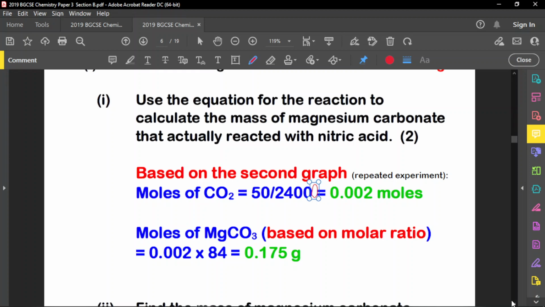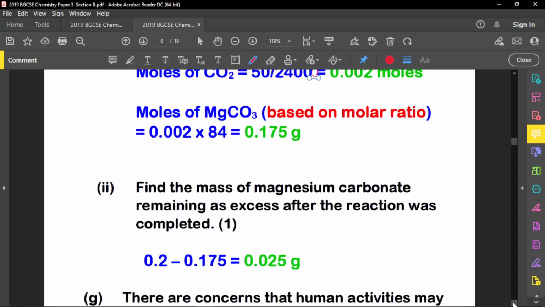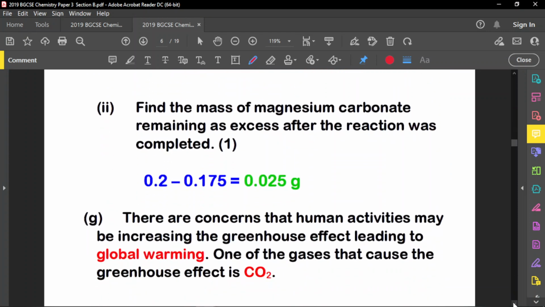All right, so now let's go to the next part of the question, which is to find the mass of magnesium carbonate remaining as excess after the reaction completed. So again, the excess amount of magnesium carbonate was 0.2. The actual amount that was used is 0.175. So if you subtract what was used from what you actually put in, then what you have remaining is 0.025